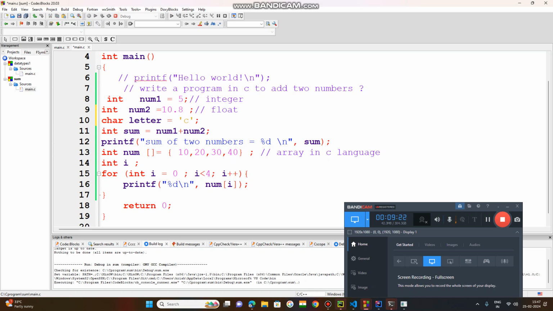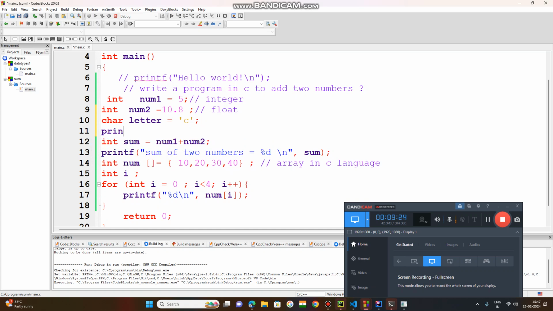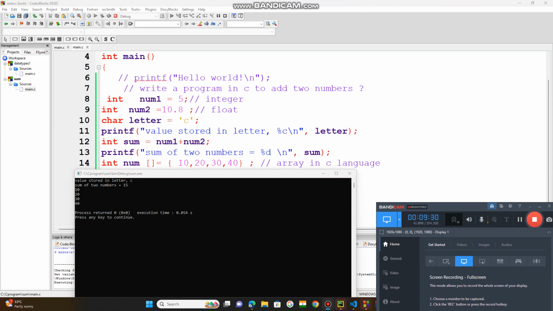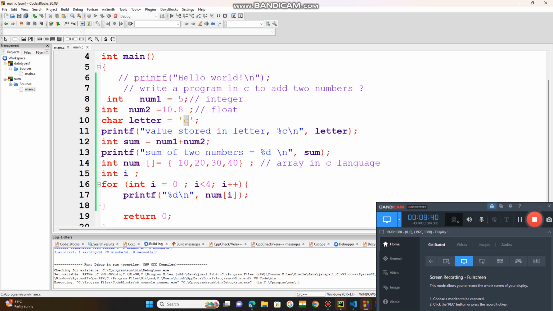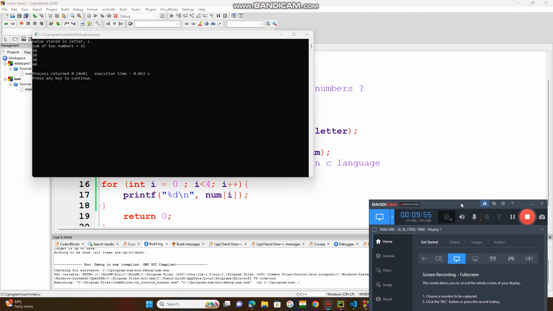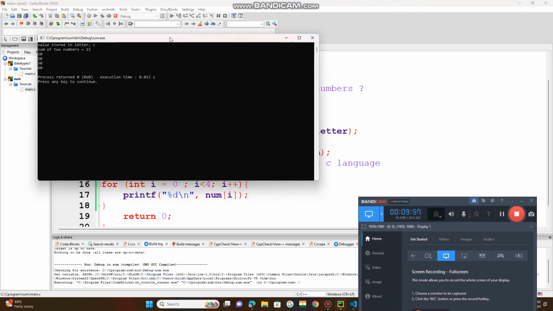If I want to print this, you need to use the printf function. So now try to understand. This is the result, value stored in letter: C. So this is a variable which is holding the character C. I have used a printf function and kept some string data, and after that I found the result, as I have briefed. So the result is, value stored in